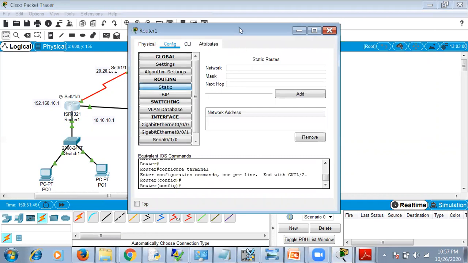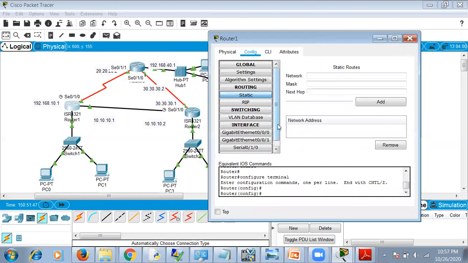So we have to give the network addresses. There are two routes to reach this one.